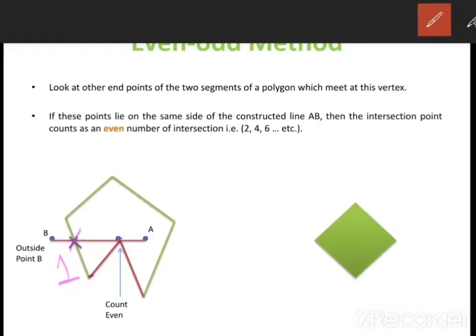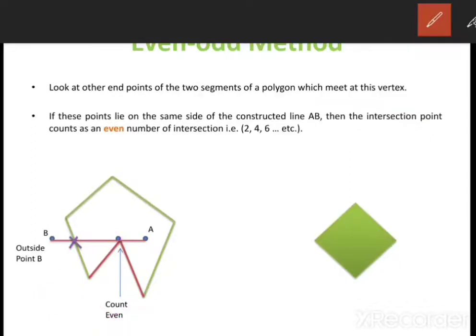And if I am taking this as an intersection point, which is the vertex of the polygon, then I will check these two endpoints. These two endpoints are completely on the single side of line AB, right. That is why I have to count it as even. So I will count it as a 2. So at the end I will take the summation of this 2, that is nothing but 3, and 3 is odd. That is why we can say that the point A is completely inside. If I get the summation as an odd number, then I will say that the point is completely inside of that polygon. So by this we can say that point A is inside of that polygon.